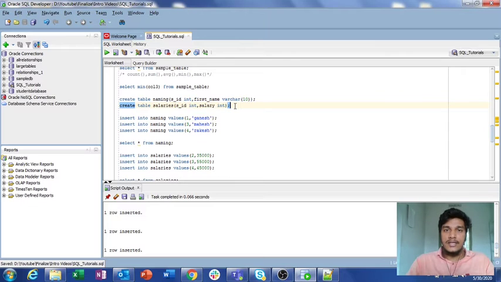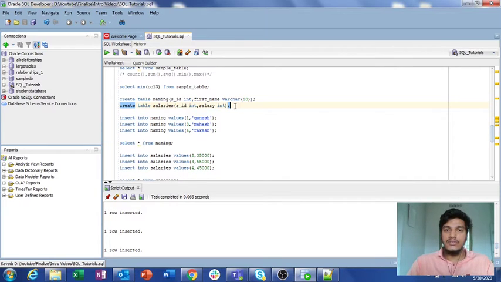Suppose you have a database and you are working in a company, managing the employee details as well as the salary details. You have two separate tables, one for storing the employee details and a separate table for storing the salary details of a particular employee. Now you want to know the particular employee's salary from these two tables. How to do that? We have an inner join for that.